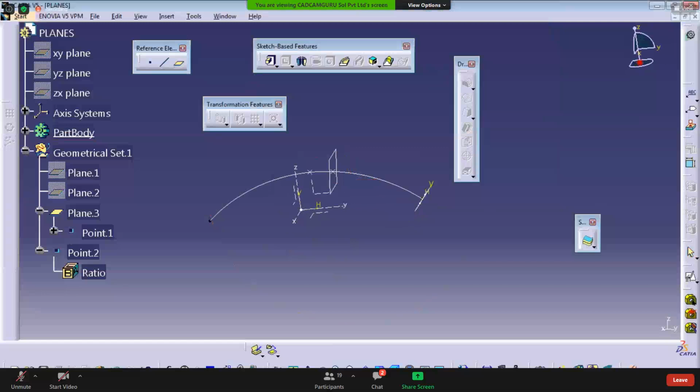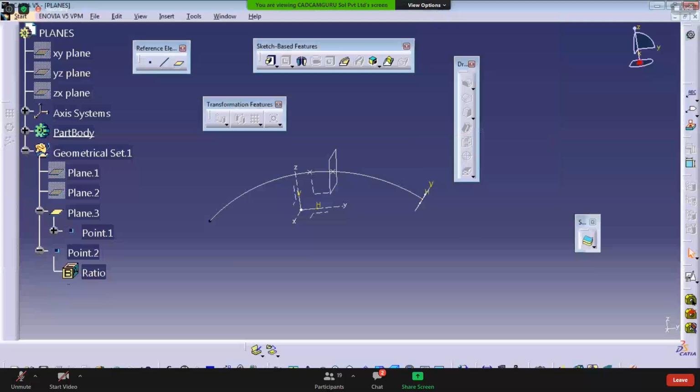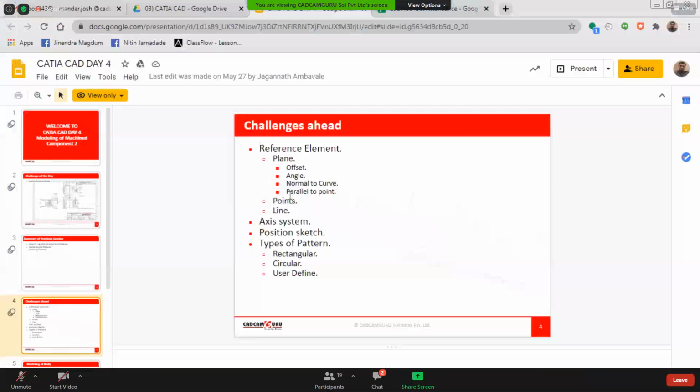Clear? Understood these points? So on curve types we have discussed. Clear? The next type of plane, which is the last one, is parallel to point.